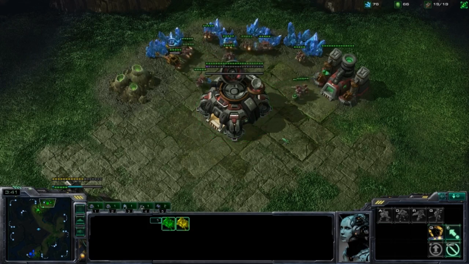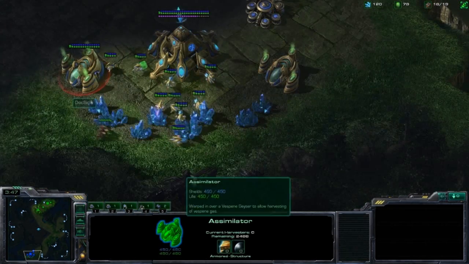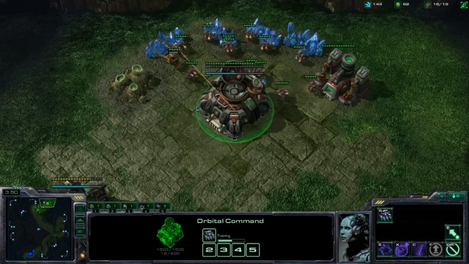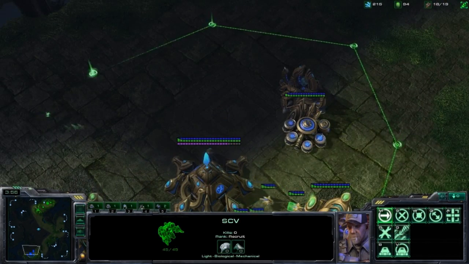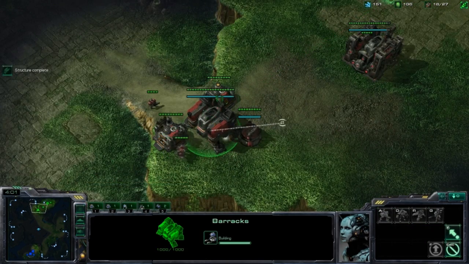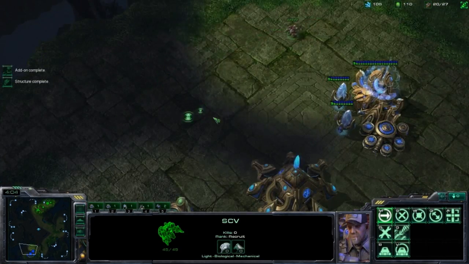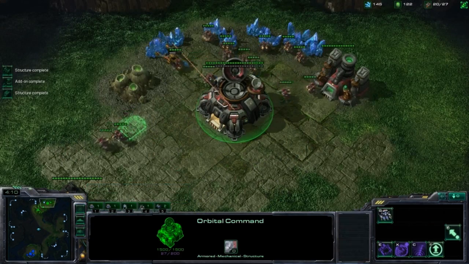So I go in, I see that he has 2 gases, and he's saved up a lot of chrono boosts. So this could be some kind of tech all-in or tech pressure like DT Void Ray. It's quite possible. So the 2-rax is very good at dealing with that kind of stuff, just because of the